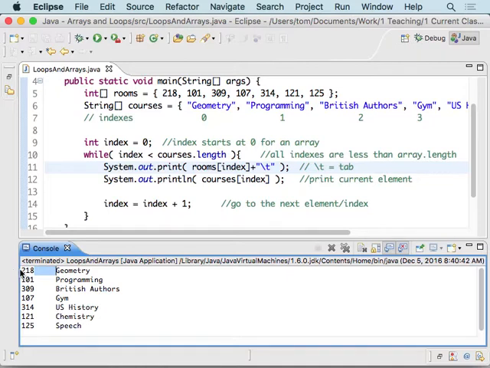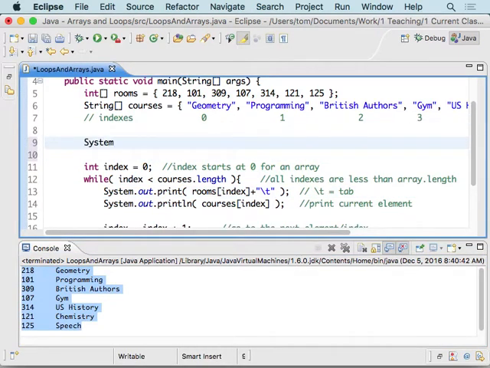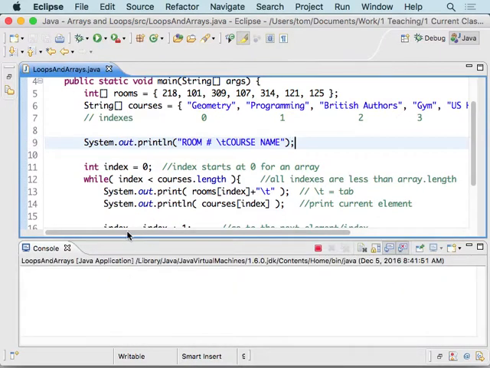Now, if you wanted to put a header above here, then you would do that before the loop. So if we wanted to do something like system.out.println, room number, I can do that \t inside of there, and then go course name. And we could imagine adding more stuff on here, like teacher. You could put an array of teacher names in here, etc. Let me put a semicolon in here. And if I run that again,